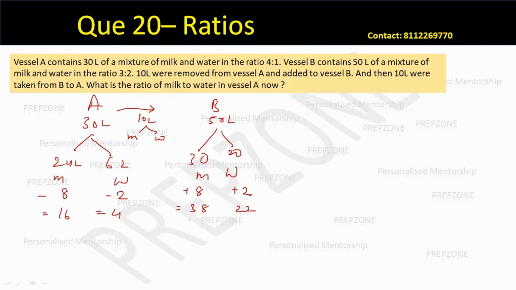Okay, so now again we are actually adding 10 liters here, right? So ratio क्या है? Ratio is nothing but 38:22. So ratio is 19:11, right? Chetna? Okay, so